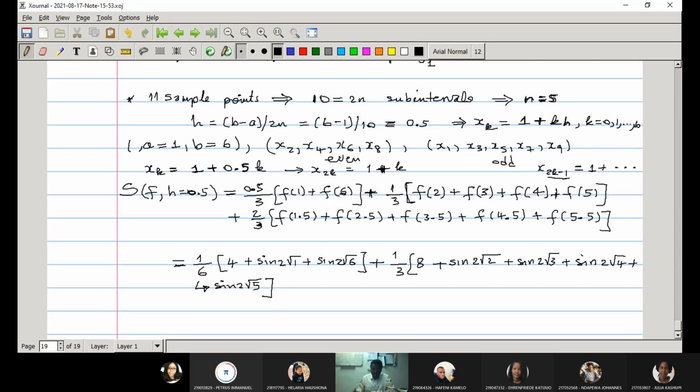Now, for the last one, 2 by 3. Similarly, I count the number of 2, because remember that there is a 2 that will be added each time. 1, 2, 3, 4, 5. 5 times 2, 10. So there will be a 10 here in front, plus